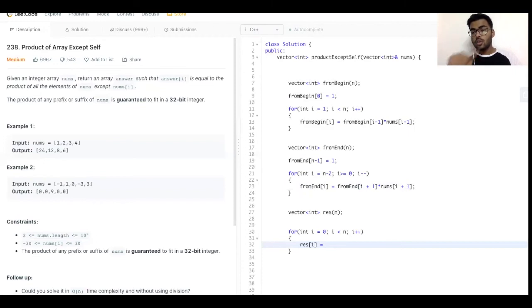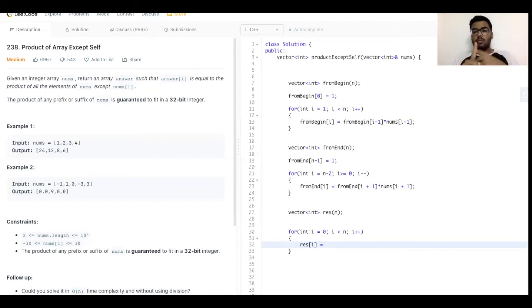What this will do is take the current element. The suffix array contains the product of the elements which come after the current element, and the prefix array does its job from the other side: it contains the product of all the elements which are before the element.